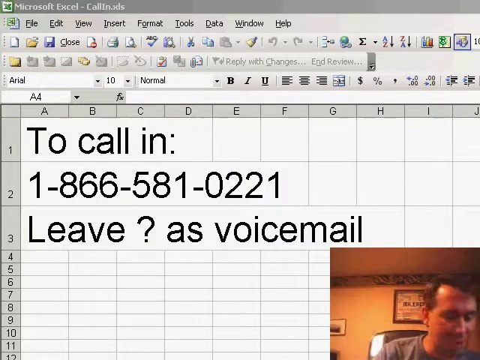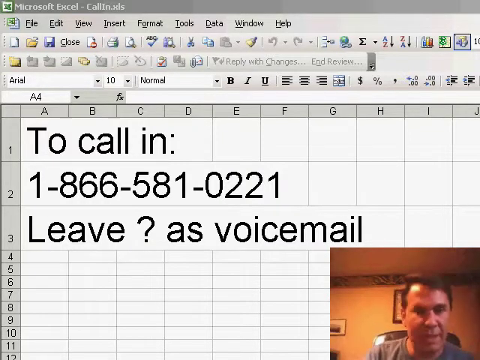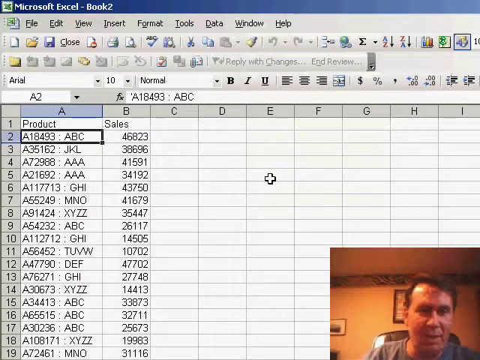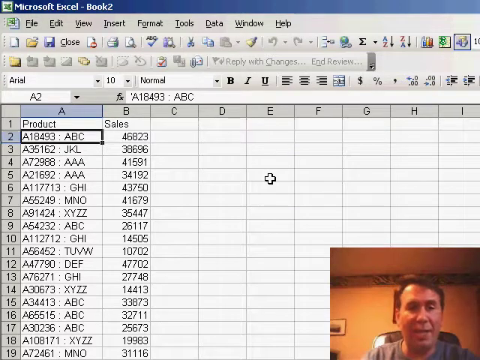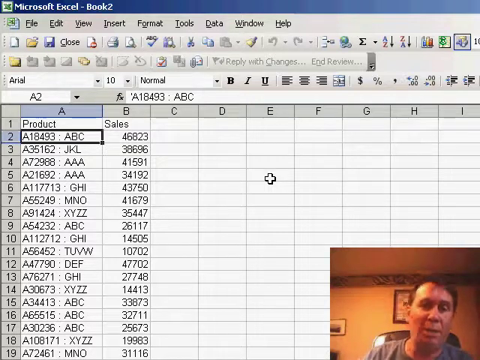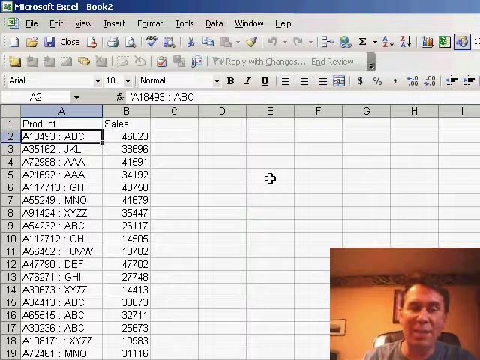Okay, yeah, that's a great question. Here, I've set up a sample data set. Let's take a quick look at what I have here. So I'm sure you're getting a lot more data than this, but we have a product field in column A and some sales in column B. And in column A, the product field has a colon between the product number and the product description. To make it even more difficult, sometimes the product is 6 or 7 characters, sometimes it's 5, and so you don't have the exact width. It's easy to take care of this.